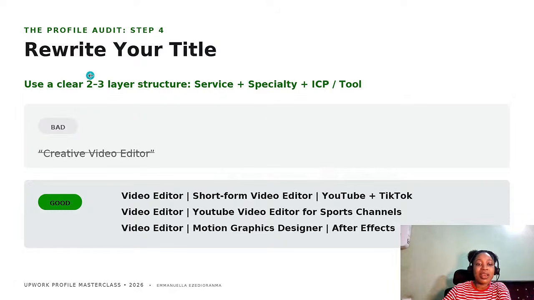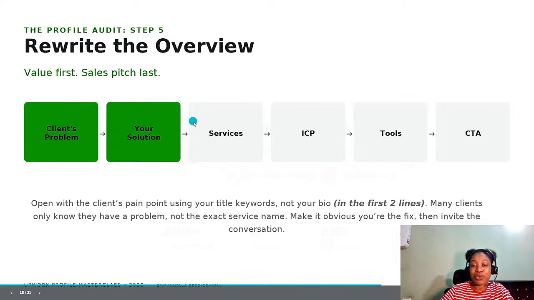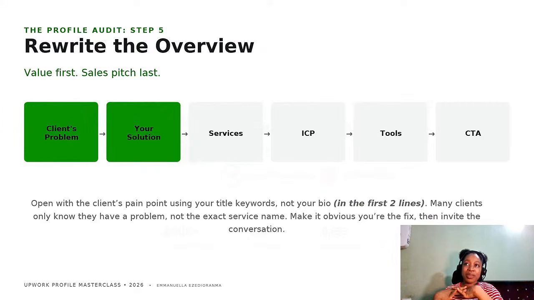Okay, now we are done with this. We have gotten our title for the project manager. Now it's time to write our overview. Our overview is your profile description, right? Now there is a structure I use when I'm writing my profile description, and it works so well. Even when I write my proposals